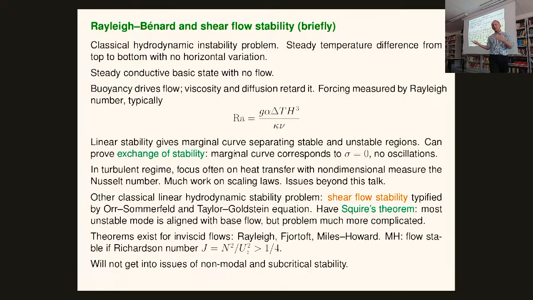Now, you might say, well, this is not the only kind of stability problem that we know and love in hydrodynamics. The other classic problem is shear flow stability. So people talk about the Orr-Sommerfeld equation for shear flows, the Taylor-Goldstein equation for stratified shear flows, which if Colin Caulfield were here would tell me is the only sensible thing to listen to. And then we have Squire's theorem, which is another mathematical nice result that tells us I can look at 2D disturbances for some of these theorems. There's a whole bunch of lovely theorems for inviscid flows, Rayleigh, Fjørtoft, Miles-Howard, etc. And this is just to remind ourselves that we have a very extensive literature about hydrodynamic stability. And so some of that may or may not be useful as we proceed, and we'll see that.